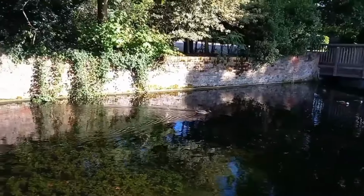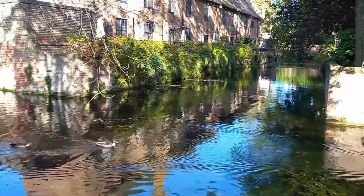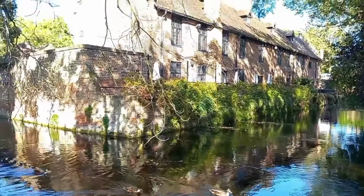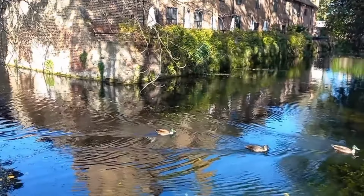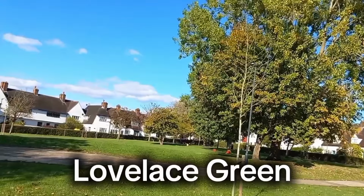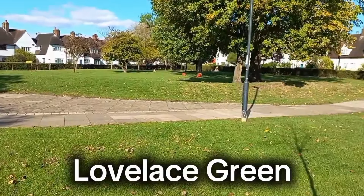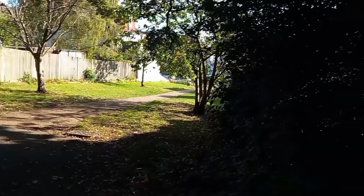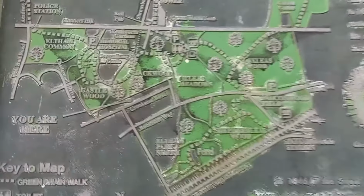So there did indeed used to be a Well Hall manor house around here. This is really nice to walk through nowadays. I think this is a Tudor barn over there. I love that it's surrounded by a moat. I've made it back onto the Capital Ring path now as I enter part of Oxley's woodlands, which leads through